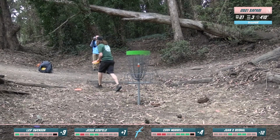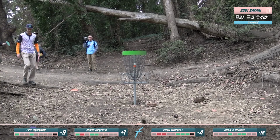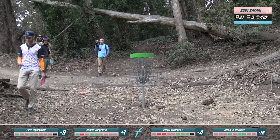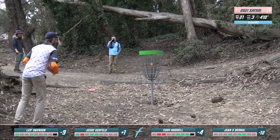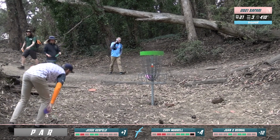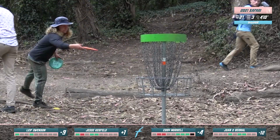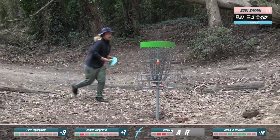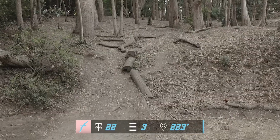Some easy par cleanups here for the rest of the card. The wind is something to think twice about. Yeah. I was like, oh, really? Right when he lines up the next one? Nice. A good old-fashioned par frame here on hole 21, and we're moving over to hole 22, which is the